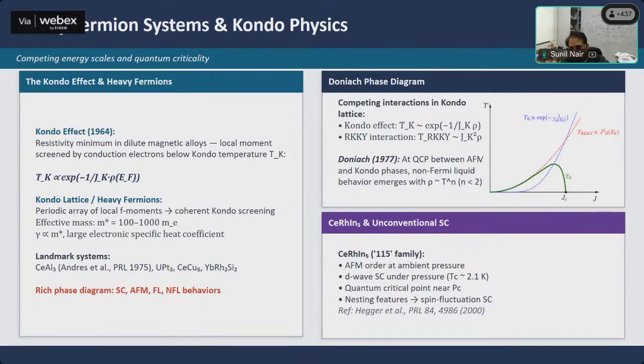You had all kinds of behaviors in it. You could see magnetism, you could see superconductivity, you could see well demarcated Fermi liquid regions, non-Fermi liquid regions, and so on. And in many senses, it is the real precursor to the onset of heavy fermion superconductivity, which then relied on a lot of these concepts to explain what is happening in the high temperature superconductors.